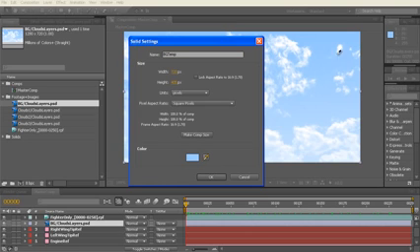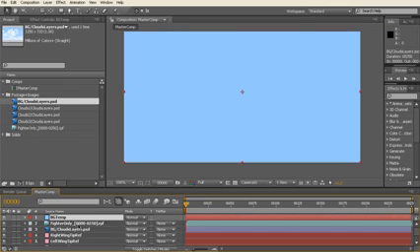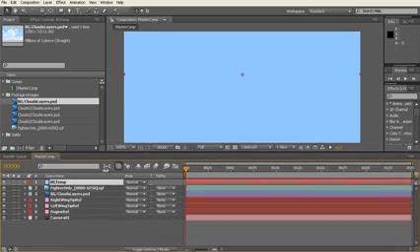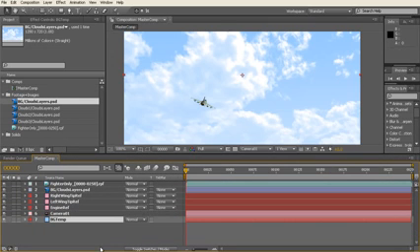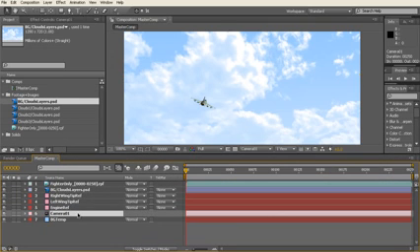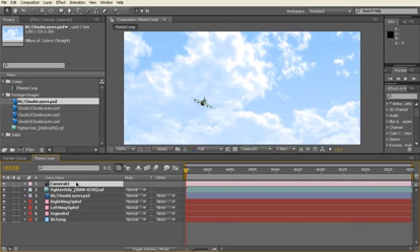We're going to use the eyedropper just to select that color in the sky and go OK to that, and just drag that all the way to the bottom of our comp. And while we're there too, I like to have my cameras on top of the stack, so I'm just going to drag that up there, and that's going to allow us to just